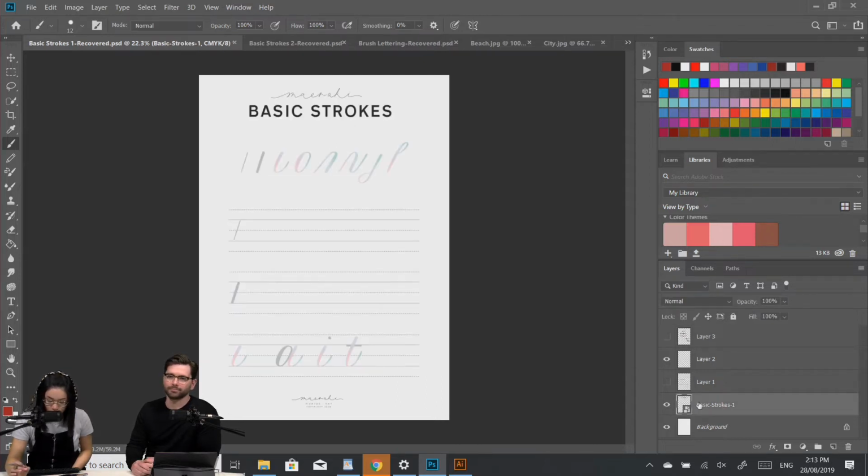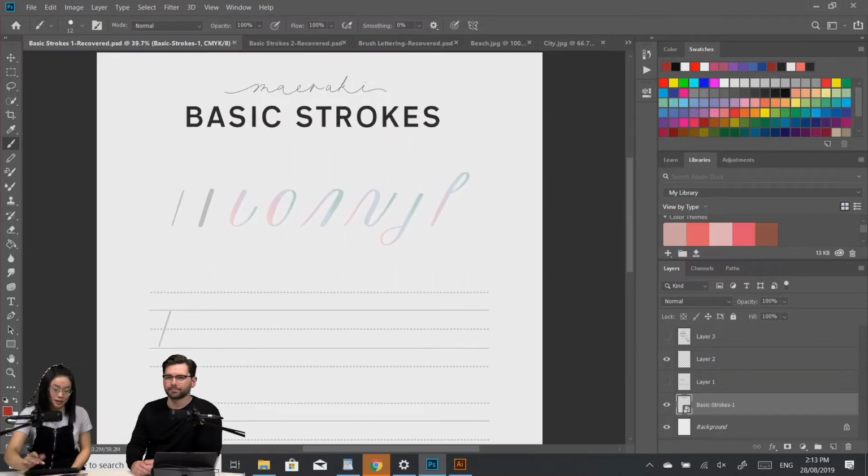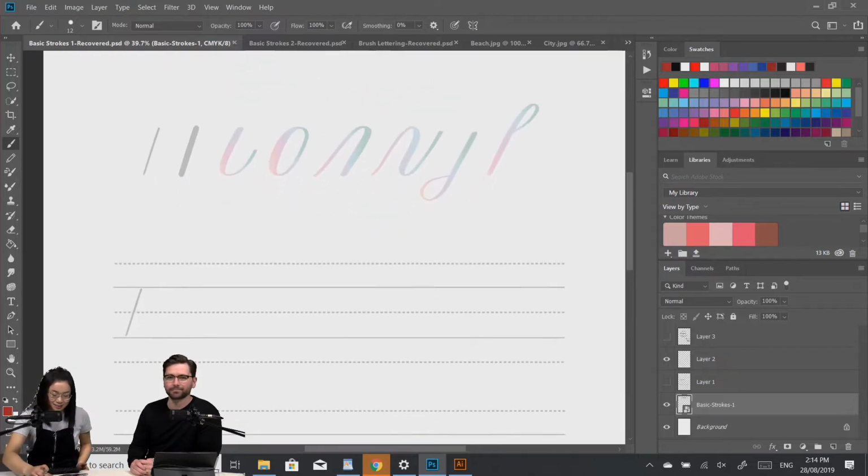Okay. So I've created a template here. There'll be a link in the chat, and then you can just go and download it. Yep. So there should be a Dropbox link, and there should be some files in there, and this is one of them. These are some templates that Mae has very kindly created and given for us, so we can practice at home. So if you wanted to, feel free to download those. They'll be available for a while. Feel free to tag me, and I'll go have a look at your work. Check it out.